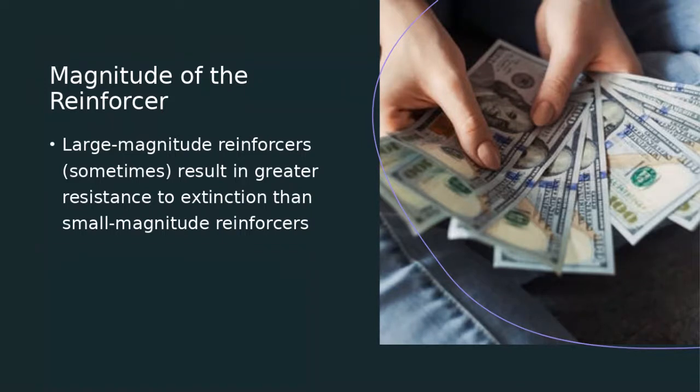So let's say you engage in a behavior and the reinforcer for that behavior is a sum of money. If that reinforcer is removed, the behavior is likely to persist because it at one time led to such a large reinforcer. If the behavior led to a small sum of money and that sum of money is removed, behavior is a lot less resistant to extinction. It will decrease more quickly because you don't have the experience of that behavior leading to a large magnitude reinforcer. In some cases, a larger reinforcer will lead to slower extinction. It will lead to a greater resistance to extinction in that behavior.